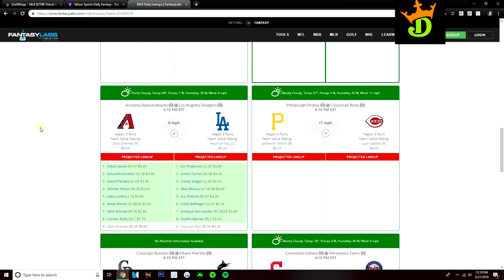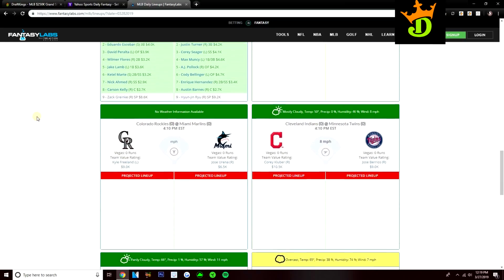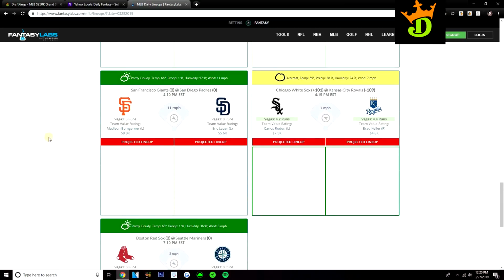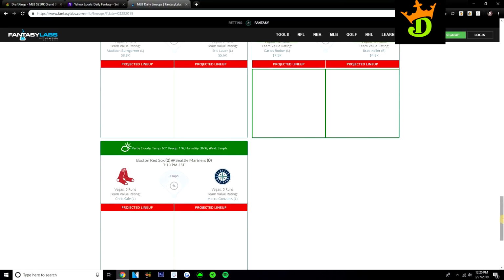Maybe some lefties from the Pirates. Pirates are in a good spot here going to the Great American Ballpark, which is a very good hitter's park. Luis Castillo is a pretty talented pitcher, but he does give up some home runs. Corey Dickerson leading off at like 3,800, I think is his DraftKings price. He should be a pretty good play if you want to target him. Pirates do have some power bats, and they're in a good hitter's park, so they're another team you could look to. Now I did mention some White Sox bats that I do like versus Brad Keller. Just don't think Brad Keller's a great pitcher, so do want to target some bats against him.